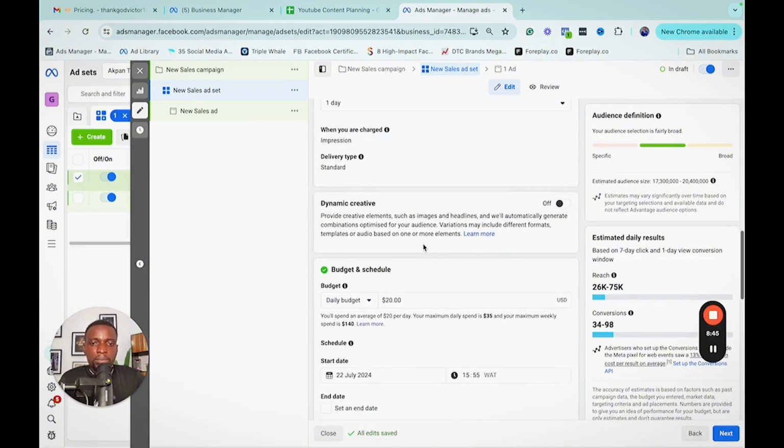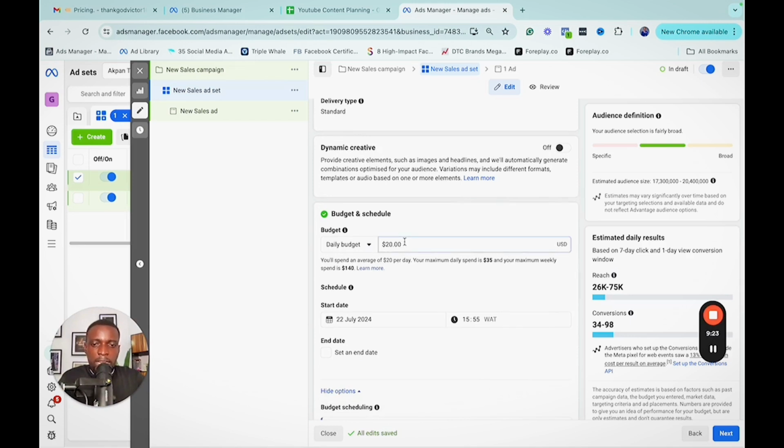And then scroll down. Now, the dynamic creative element is if you want to use this tool, what it does for you is basically help you provide different combinations of your image, your headline, and your text. So Facebook will take any of your images, any of your videos, any of your text, any of your headlines, and automatically generate combinations to optimize for your audience. So sometimes I use this if I'm just starting out testing on a brand and I don't know what format, what messaging angles are working. I can test different combinations, but for the sake of this video, we're not going to be doing that. So keep this turned off the way it is